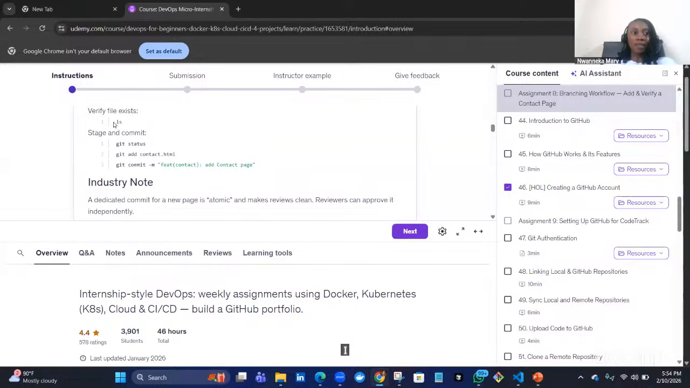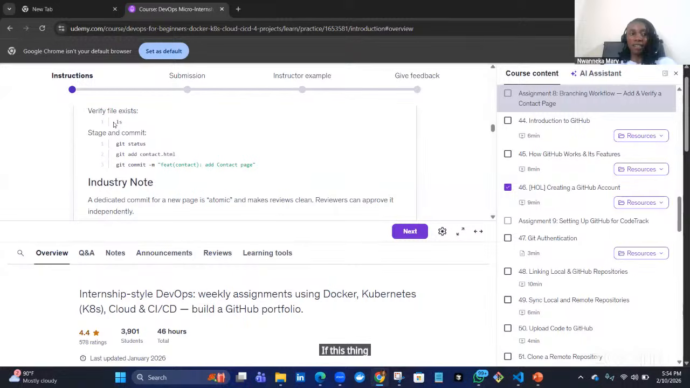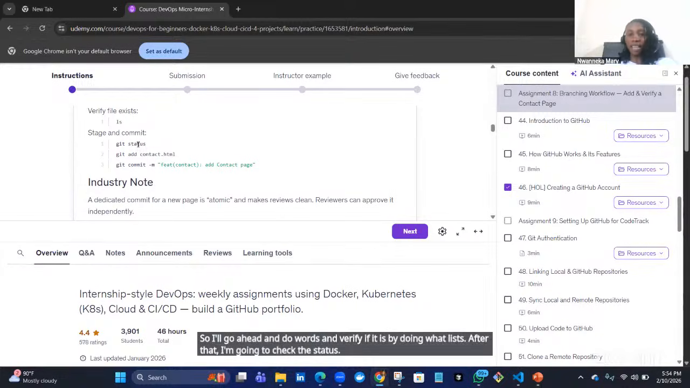I will go ahead and verify if the file exists by doing what? LS. LS is commonly known as what? Lists. You are listing to see if this thing you just created is there. So I'll go ahead and verify if it exists by doing lists. After that, I'm going to check the status of the content I just added